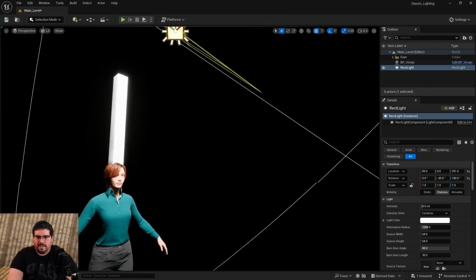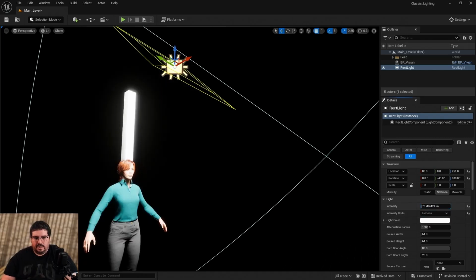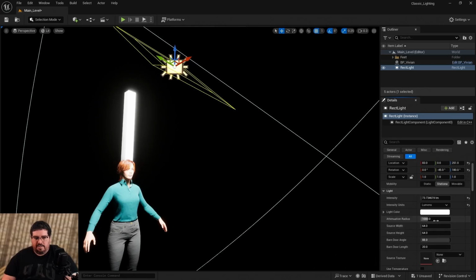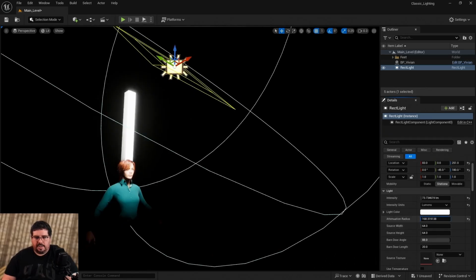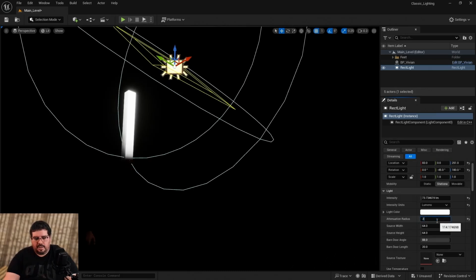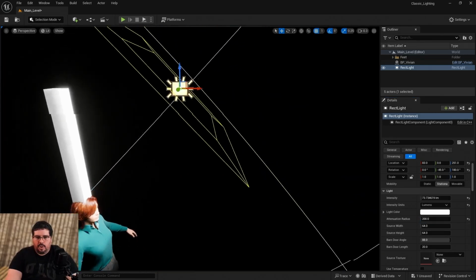Okay. What we were saying earlier, I'm going to change this to lumens. Again, we have no control yet of the lighting because we've not set it up yet, so it's fine. Attenuation radius, I'm going to control this to see how far I want it to go. Because I'm only focusing on her face, I'm going to go about 200, so it's doing half the body. And then this is important. I like to work with